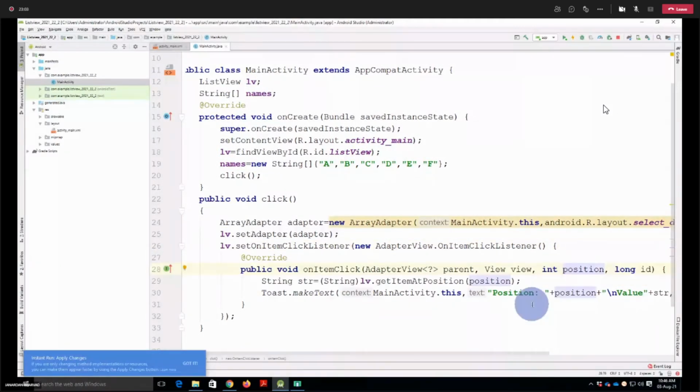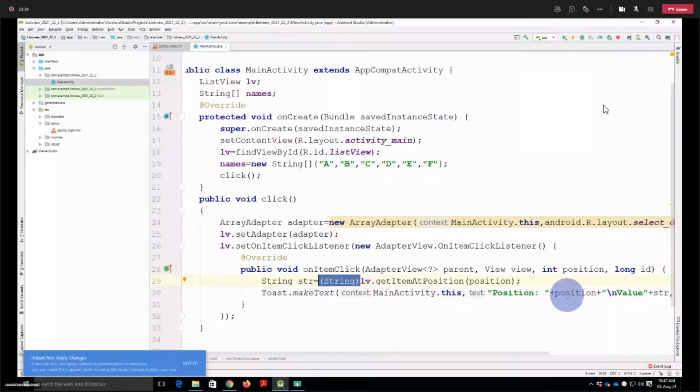But if we want a value or the text of a particular item, then we need to call the method get item at position, and pass the position of the selected item, right? But the problem is its return type is object and we need a string. So I have done the typecasting here, stored it in a string variable, and then printed it. So this is what we have done.